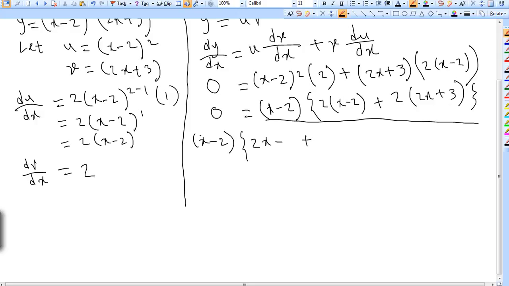Let me explain this again. We are multiplying 2 with x which is 2x, and we are multiplying 2 with minus 2 which will be minus 4. We are multiplying 2 with this term, as you all know, just evaluating this thing. Then we're gonna multiply this with this, which will give us 4x plus 6. Okay,